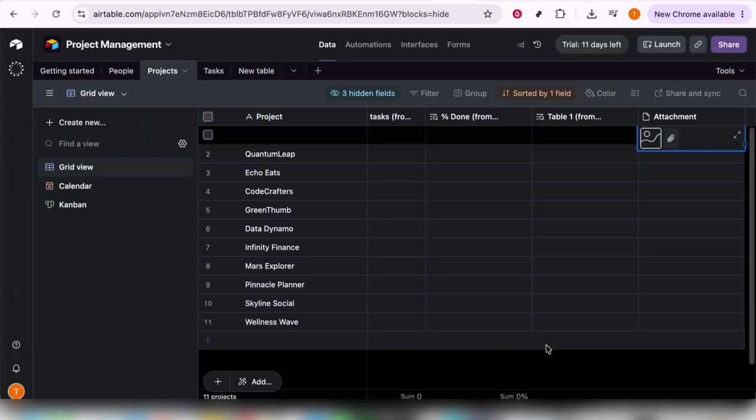But what if you prefer a different method? No worries. Next to the empty space, there's a clip icon. Go ahead and click on that icon. This opens a window